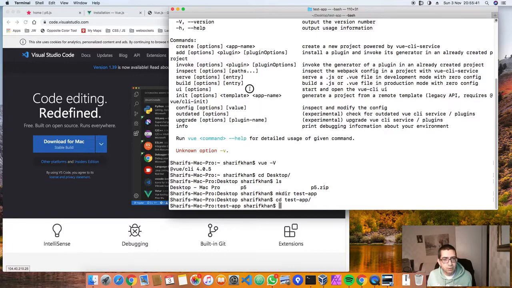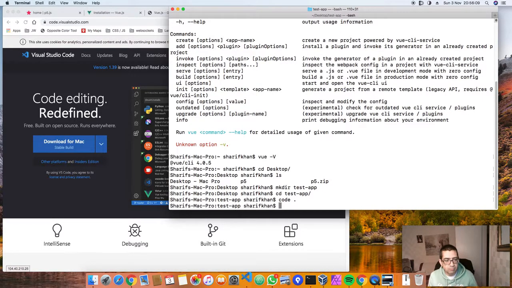But Visual Studio Code gives you a nice little shortcut. As I say, I'm not sure if it's installed by default, but there will be something somewhere to install this. And all I have to do is type in code, and then the path to where I want the code to open. Now in Linux and Mac, to say the current path where I am right now, all I have to do is a dot. So that basically says open the current folder in VS Code and Visual Studio Code. So if I press enter,